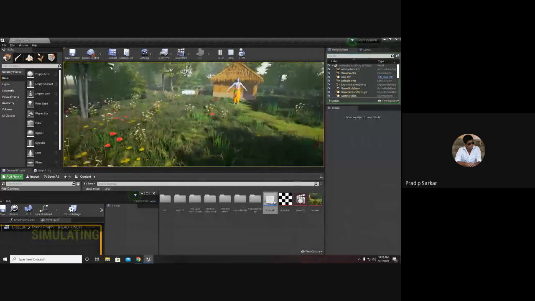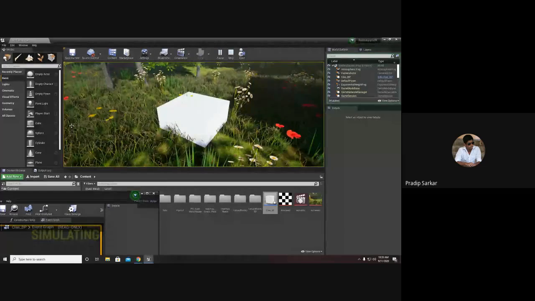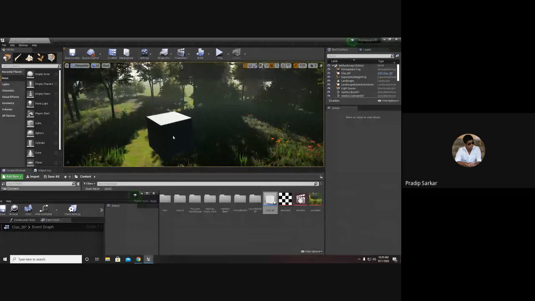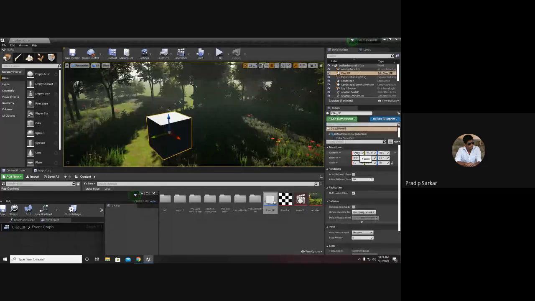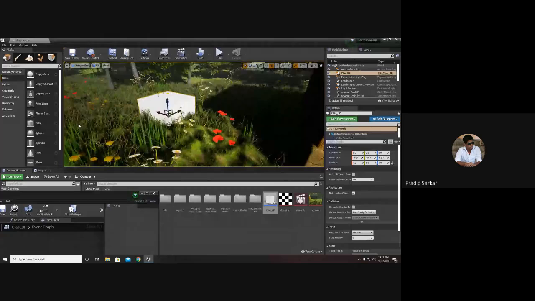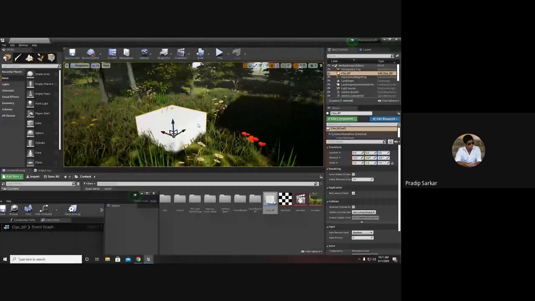It has moved to the world center. This is the world center. But currently, if I select the cube, it has some location, that is minus 708, minus 747 and 370. If I move it to the center of the world, see, this is the location. It is going 0, 0 and 0.